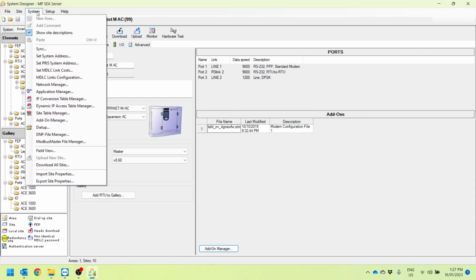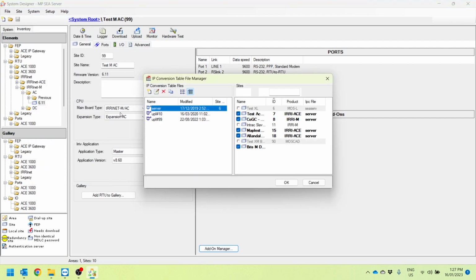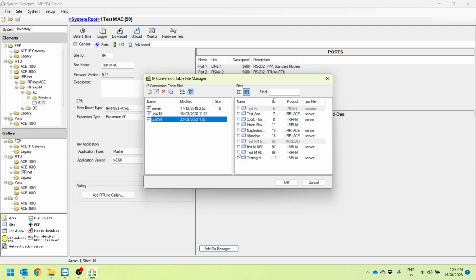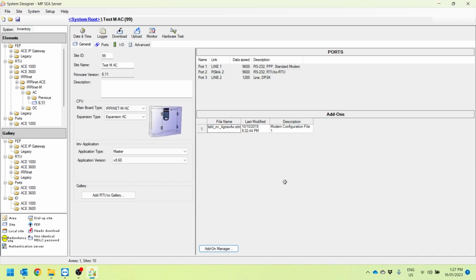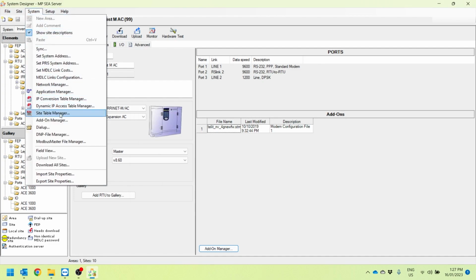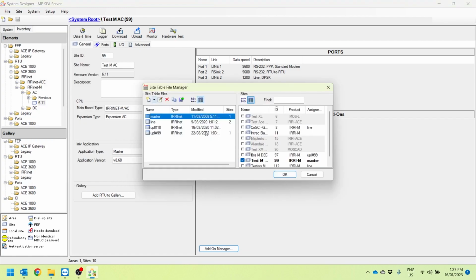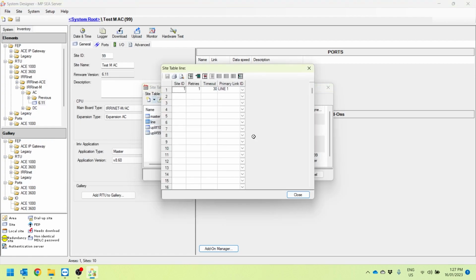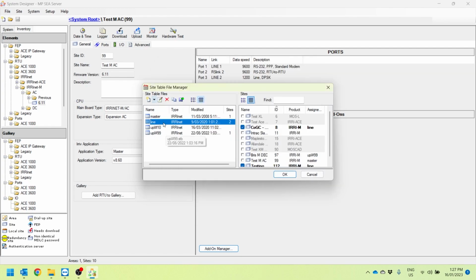In our system file I've already got an IP conversion table configured, so I'm just going to attach that one to our controller. Save that, and site table. Now in here we just want to make sure our primary link is line 1. All these ones here should be all line 1, but if I just select our line, go to 99, hit